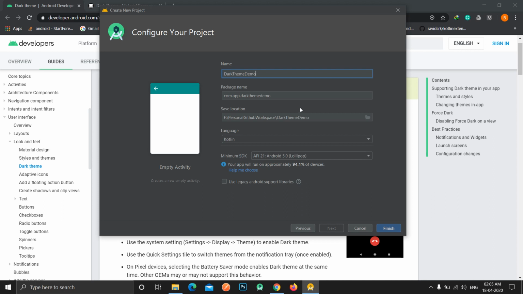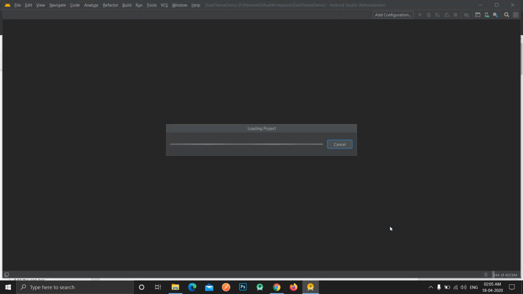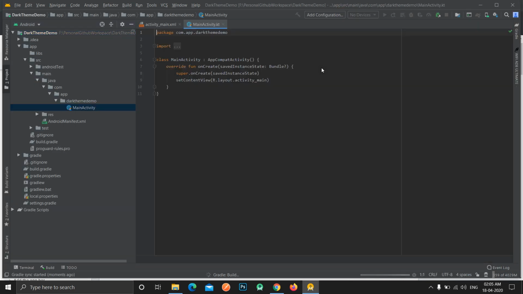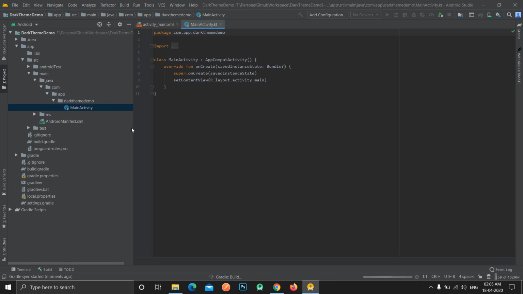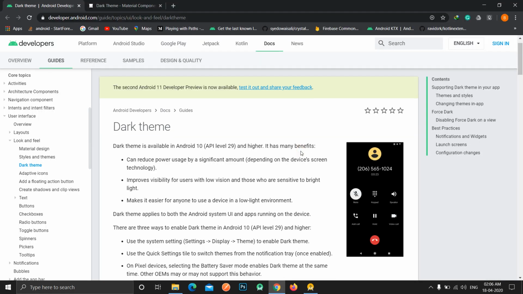Okay, so we will create a dark theme demo, and I forgot to tell you that we have kept the minimum SDK version to Android 5.0, so you can keep it to lower versions too, that doesn't matter. So let our project get built.